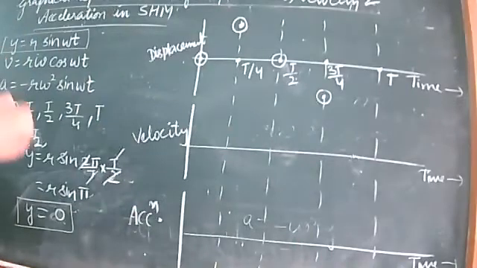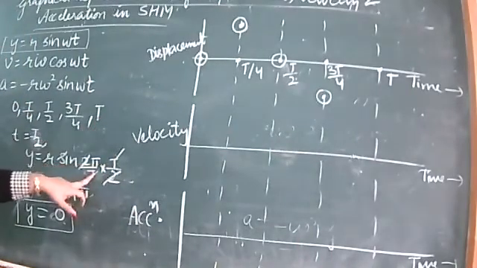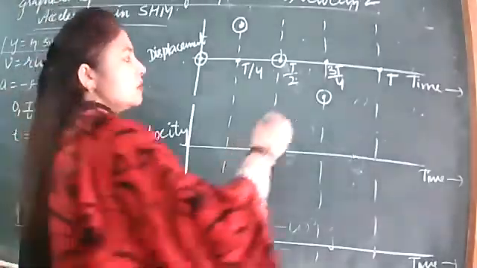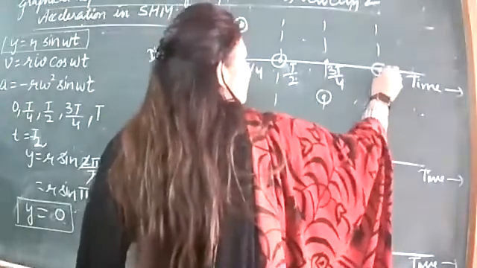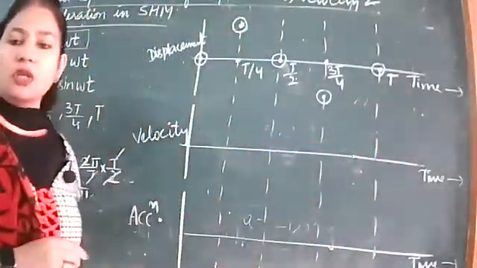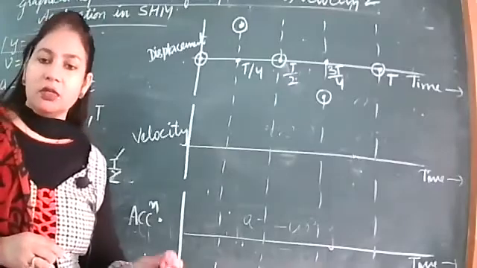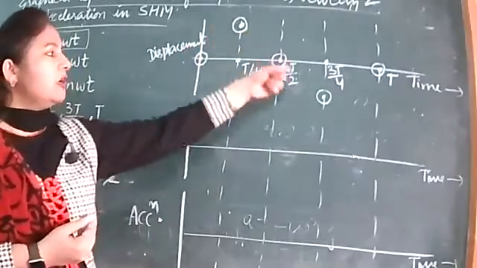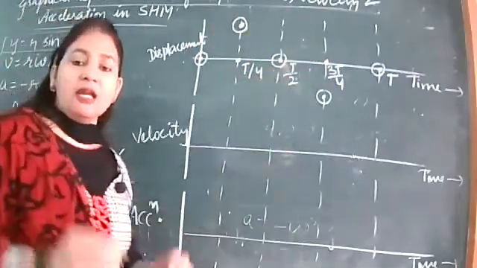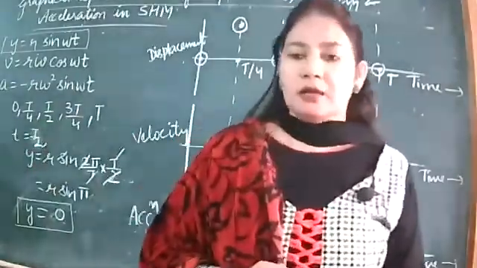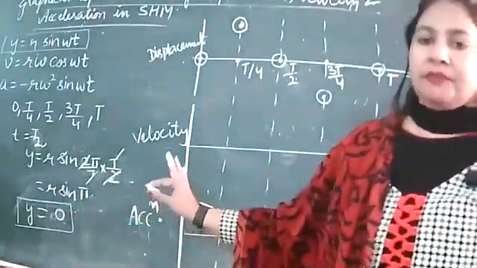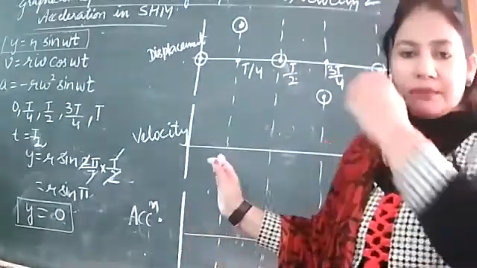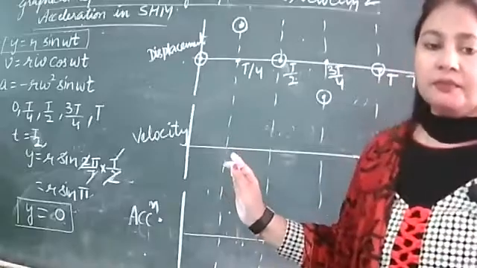And for the last one, T will get cancelled. We will get sin 2 pi. I told you sin n pi is 0. So for sin 2 pi being 0, again we get the last point y equal to 0. So corresponding to capital T, again the displacement will be 0. So we get all these 5 points. Any doubt in the solution of any of these points, you can tell me, I can solve here. Is that clear?